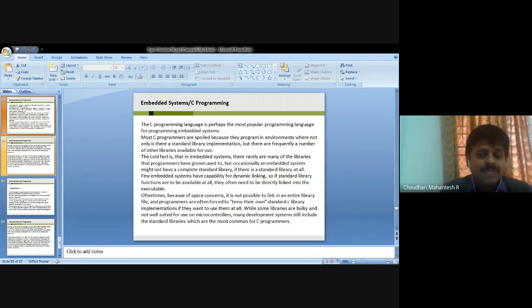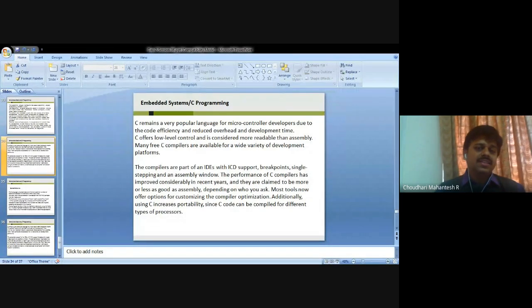While some libraries are bulky and not well suited for use on a microcontroller, many development systems still include standard libraries, which are the most common for C programmers.